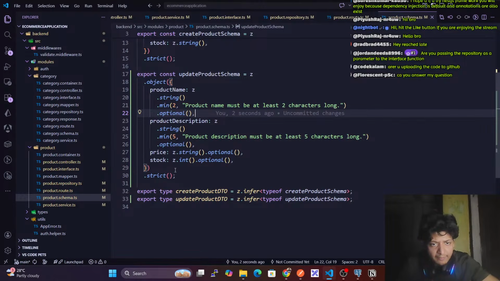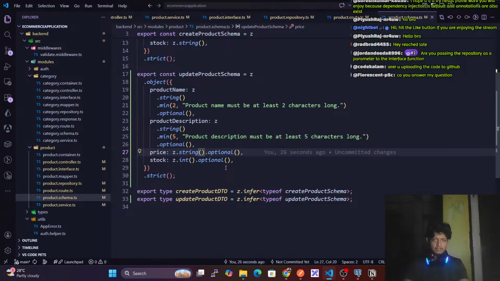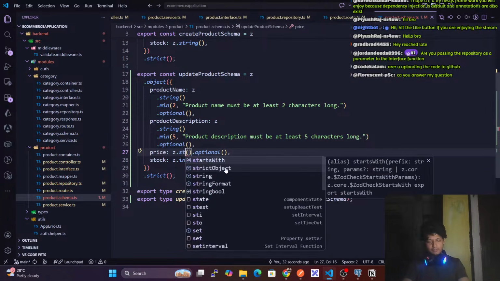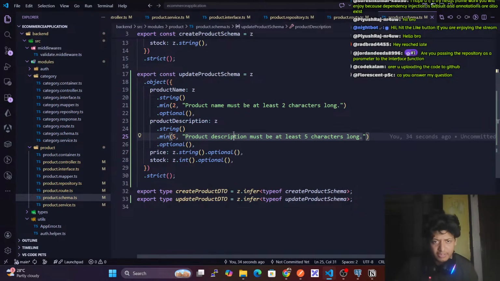And what if I make stock int, price also as int? Let's make it price int, no string, because okay, fine, price is string, fine. Okay,